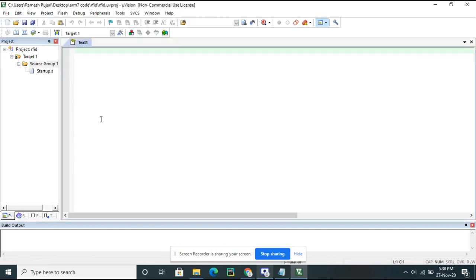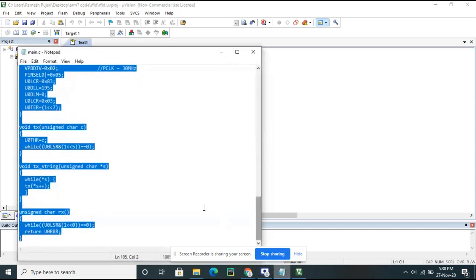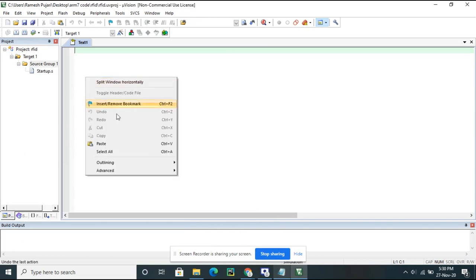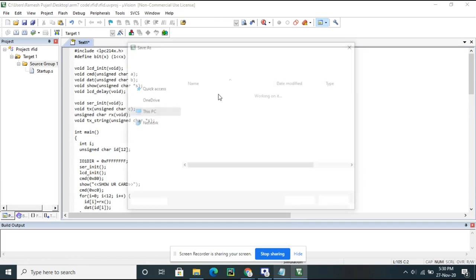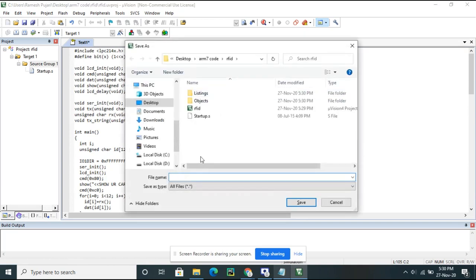After creating the new file, in your case, you need to download the code from the app and paste it here. After that, press Ctrl+S and give the file name with the .c extension.